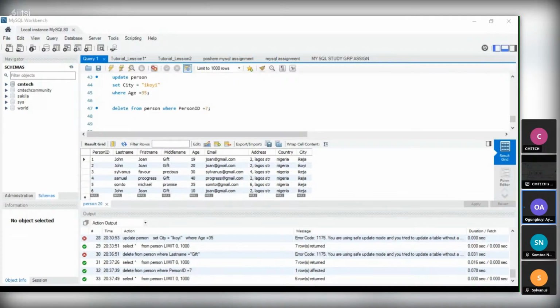So I believe we have done a lot. We started with the revision of the class we took last time. We checked non-comparison operators, then we checked on null values. Then we also looked at how we update our columns, and also how we delete. So I think we have gone far. At the end of this class, try to also go to the YouTube video and revise all the work we have done.